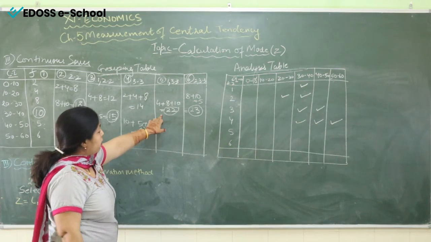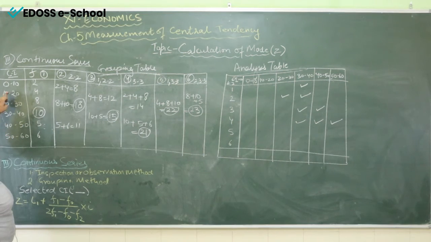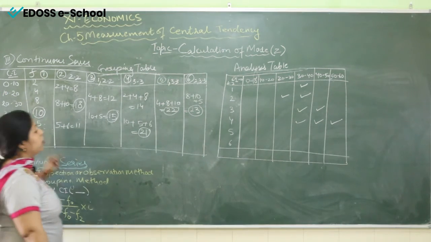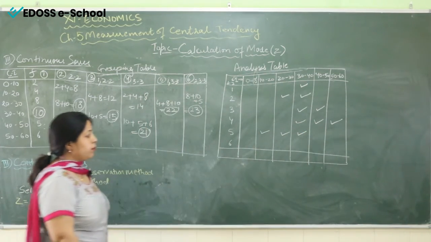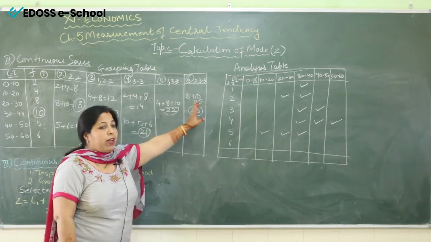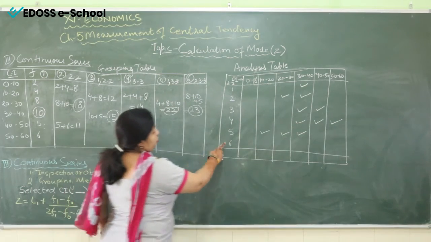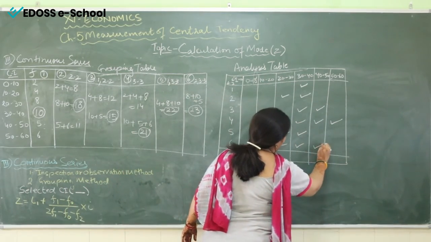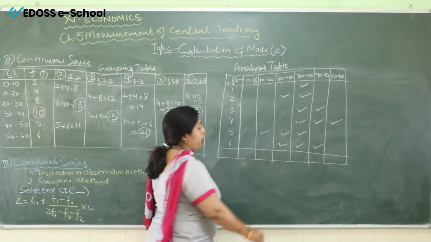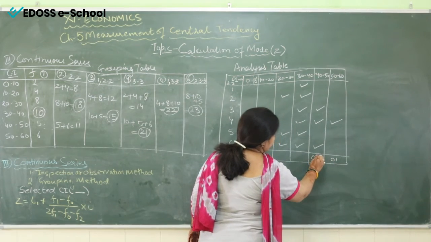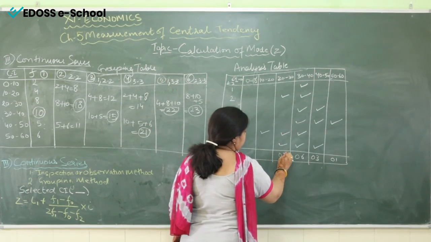Coming on to the fifth column, that is the addition of 4, 8 and 10. So the class interval will be 10, 20 and 30. And last but not the least, 8, 10 and 5. 20, 30, 40. So in the sixth column, it is 20, 30 and 40. So this is how we put the ticks, and the next step is to add them out. We are going to add it. That is 1, 3, 6, 3 and 1.